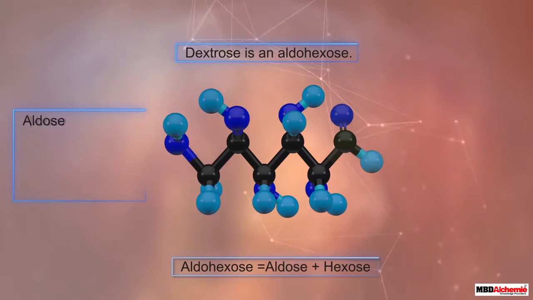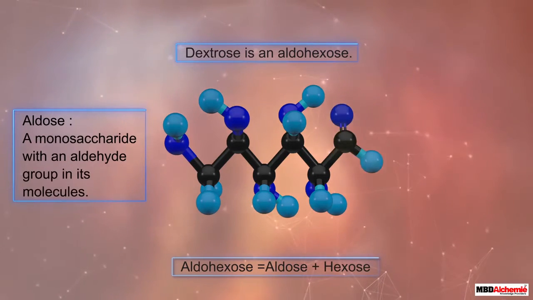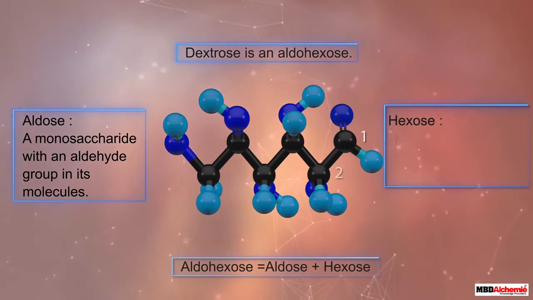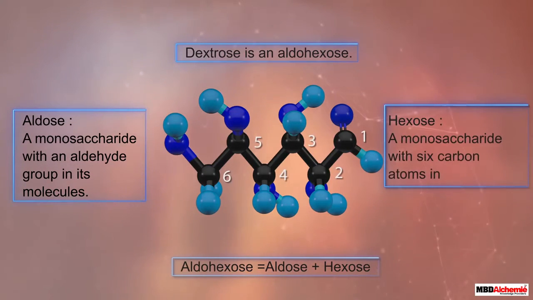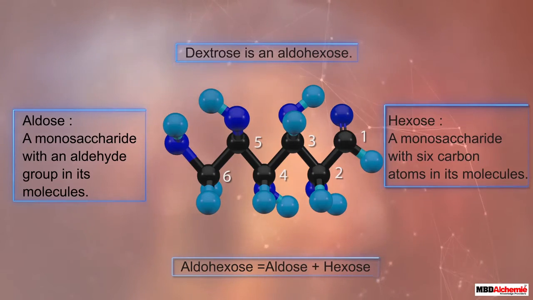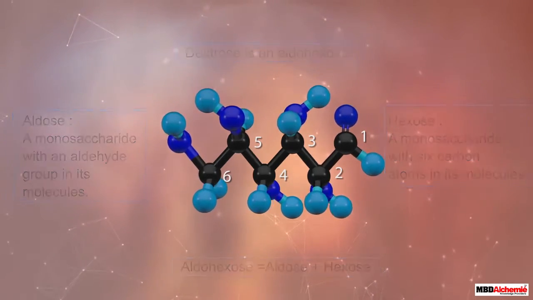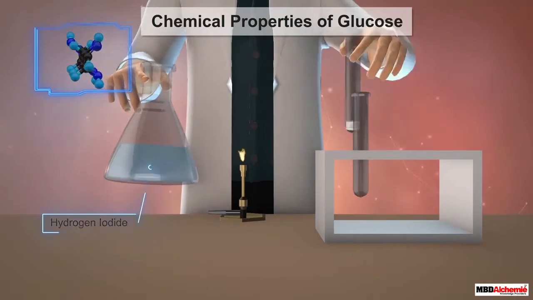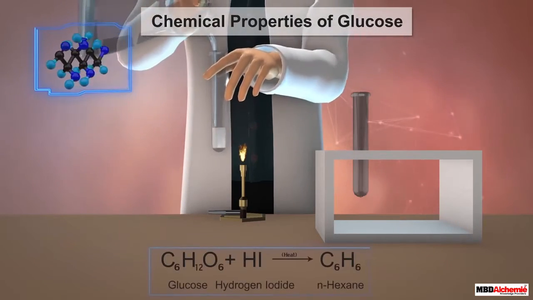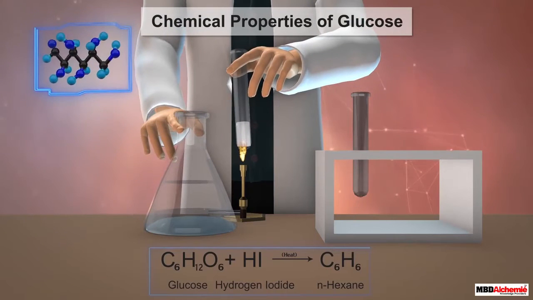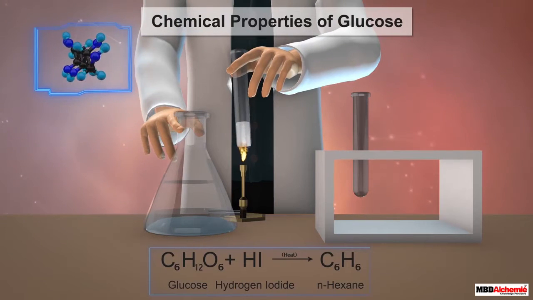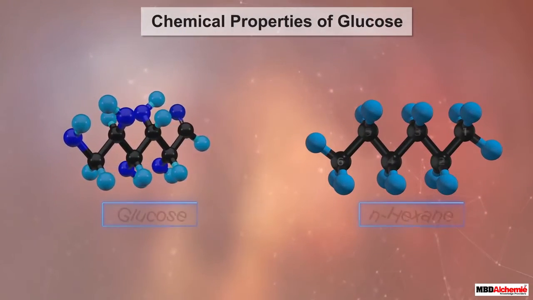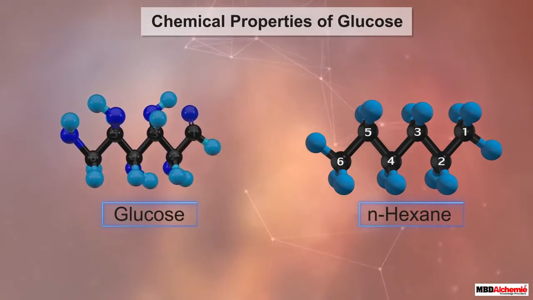An aldose is a monosaccharide with an aldehyde group in its molecules. A hexose, on the other hand, is a monosaccharide with 6 carbon atoms in its molecules. This structure of glucose is evident from many of its properties. For example, when heated with hydrogen iodide, glucose forms n-hexane. An n-hexane molecule has a straight chain of 6 carbon atoms, and this indicates the presence of the same in